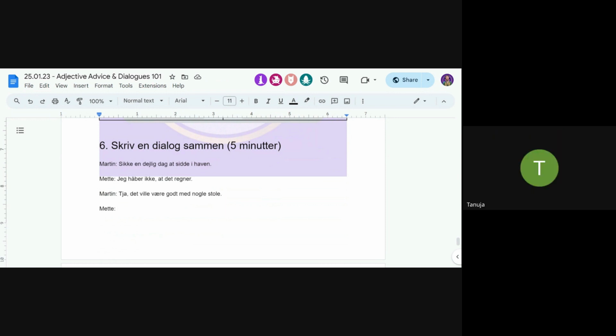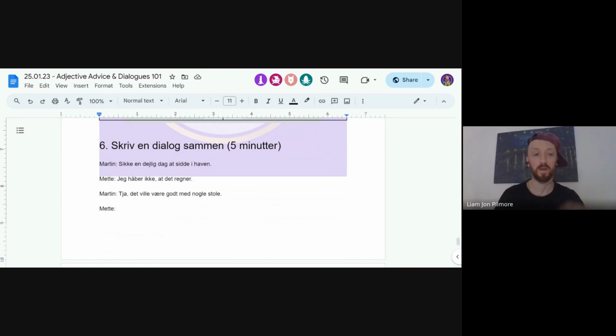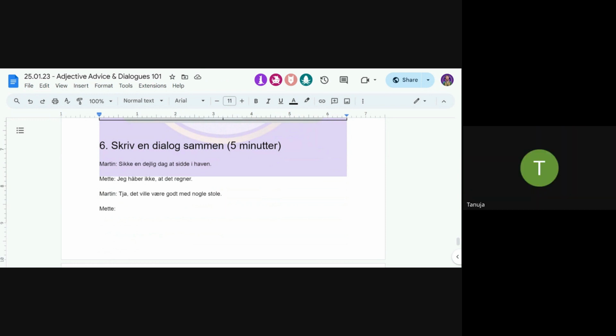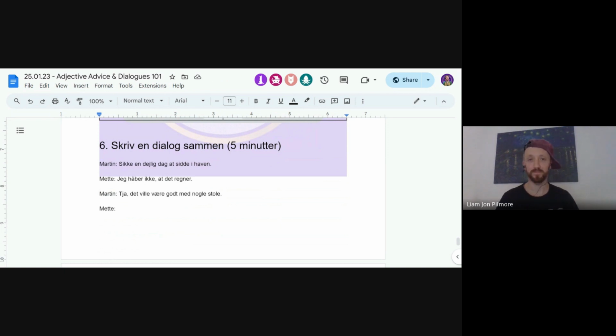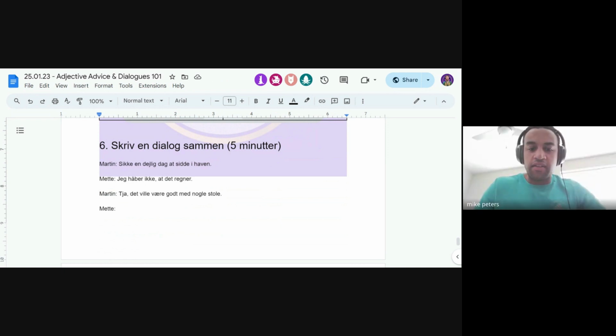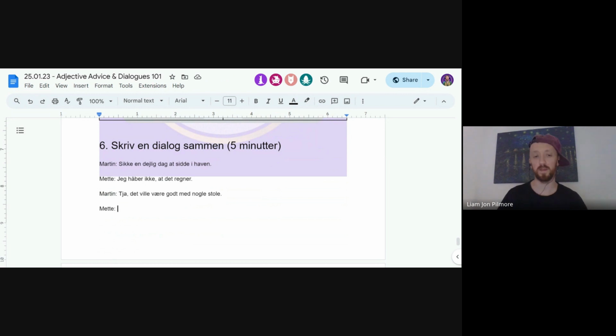Ja, Katrina, du skal lave det samme. Nej, det var Mike. Sorry. Mike's tur. Okay. Nej, helt okay. Så, vi skal slappe af i en stol. Ja, sådan. Ja, vi skal slappe af i en stol.